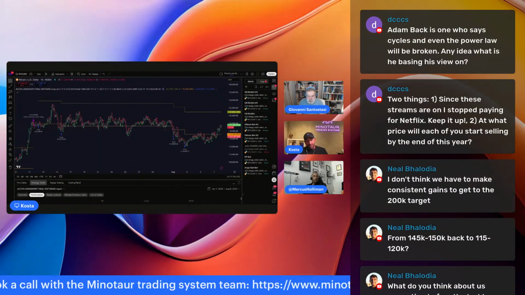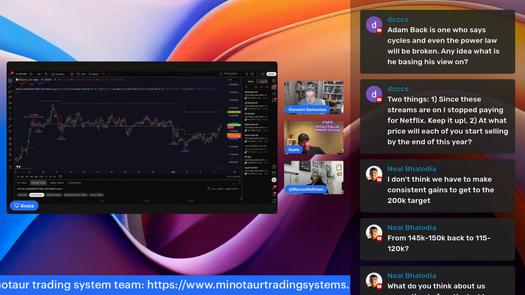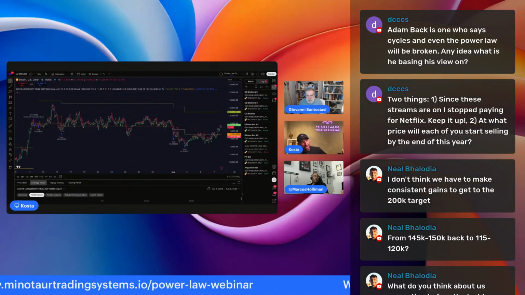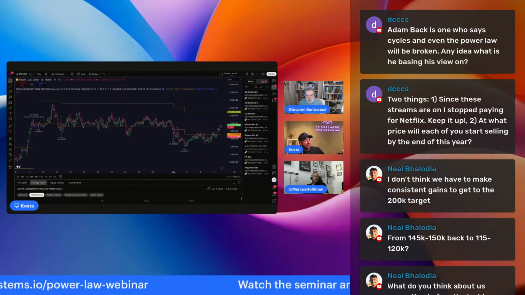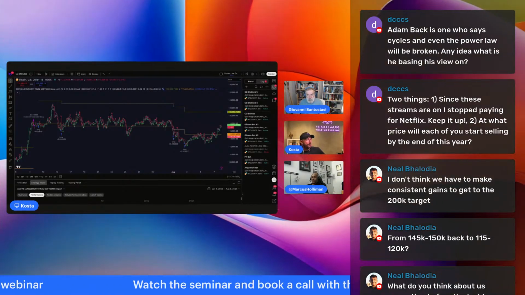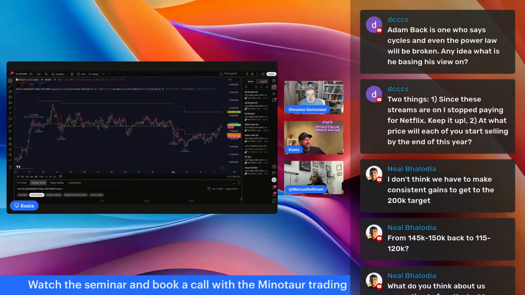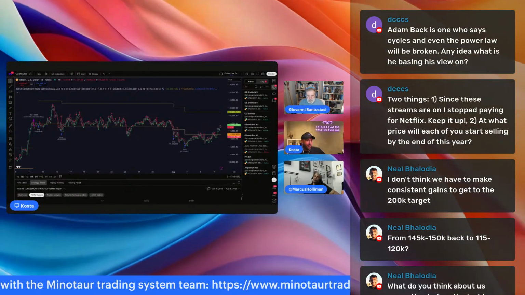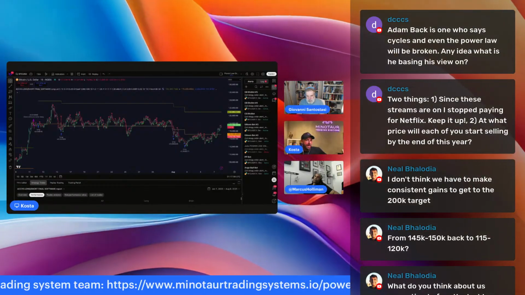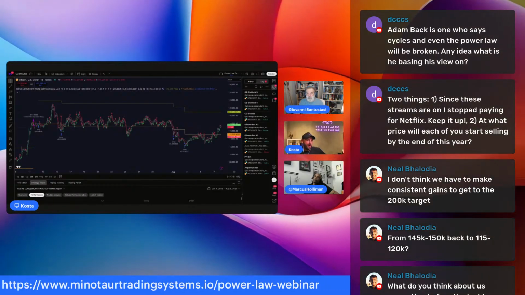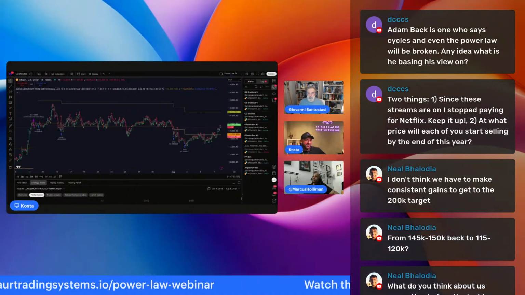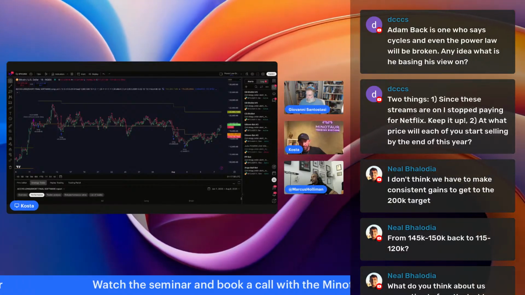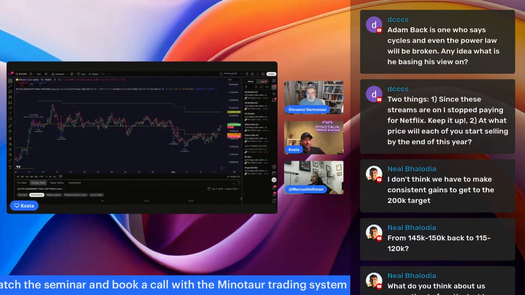Well, it means that if you've got Minotaur, you can sell that portion of your holdings at the price that you think. You think, okay, we're definitely going to go to 160 because I've been listening to Marcus and I can see the local liquidity, and I think there's a logical and reasonable argument, almost a scientific and data-driven one, that gives me that. So I think I'm going to hold until 160, but above 160 I don't know, and I don't want to miss out on some of that upside. Okay, great. Well, you can sell 20%, 30% of that Bitcoin,